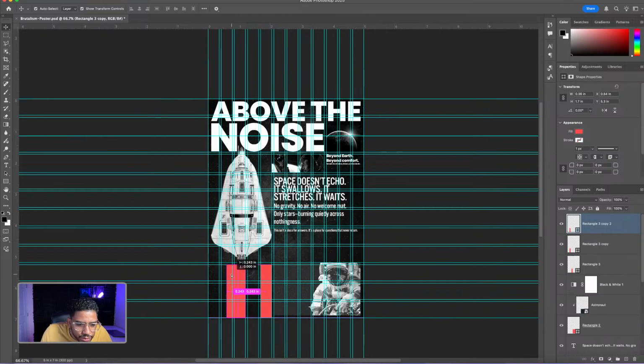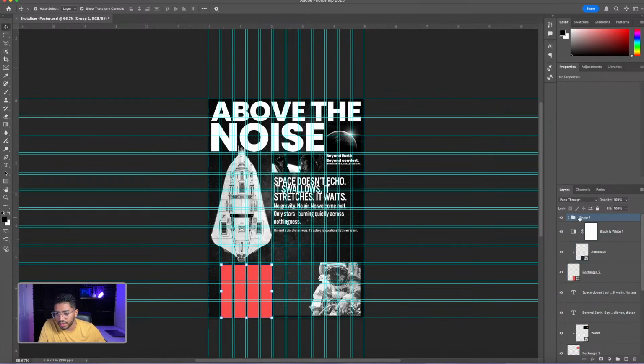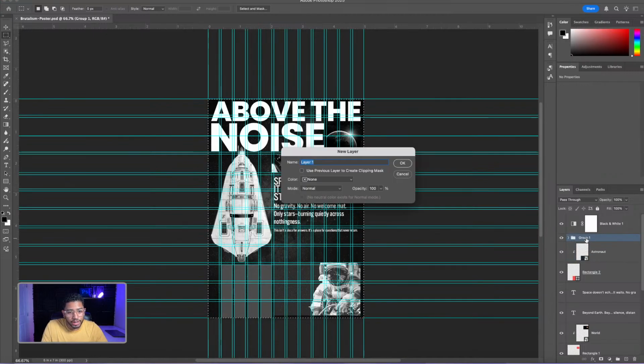So 2, 3, and 4. But make sure you bring those into the adjustment layer, so it's kind of like black and white. And then from there, I wanted to add in some effects. So I'm gonna go ahead, bring everything up, select everything. I'm gonna create a new layer, Command Shift N,